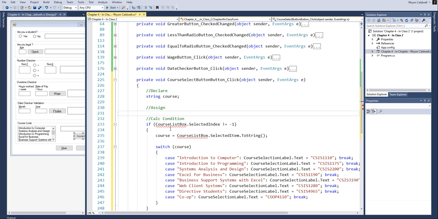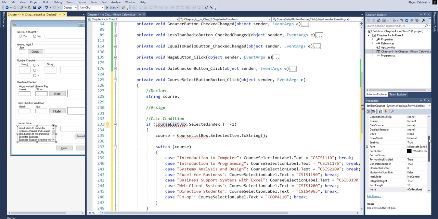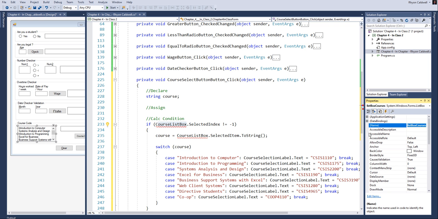All right, so we're going to be reviewing our code here. So it's a condition, and it's going to say whatever I selected, whatever index I selected, as long as it's not a -1. Now, first of all, let's deal with these errors first. The first thing was this particular box right here was called the list box course. So I'm going to